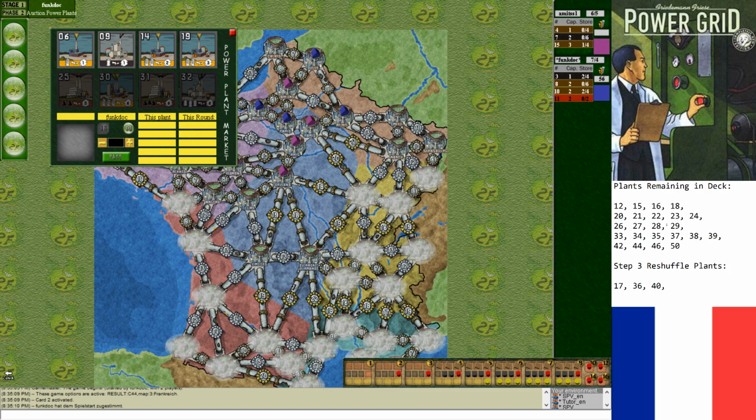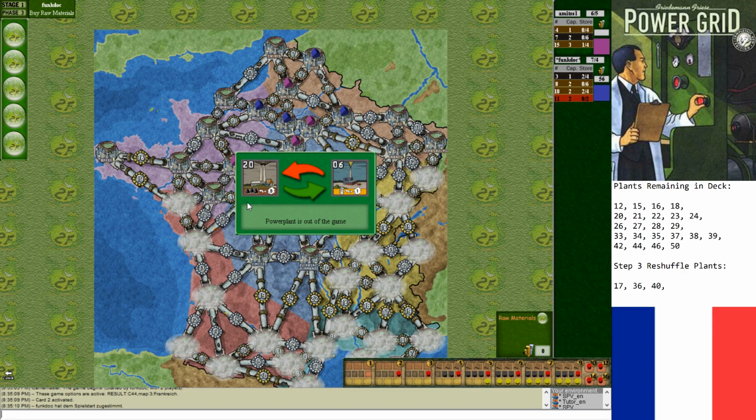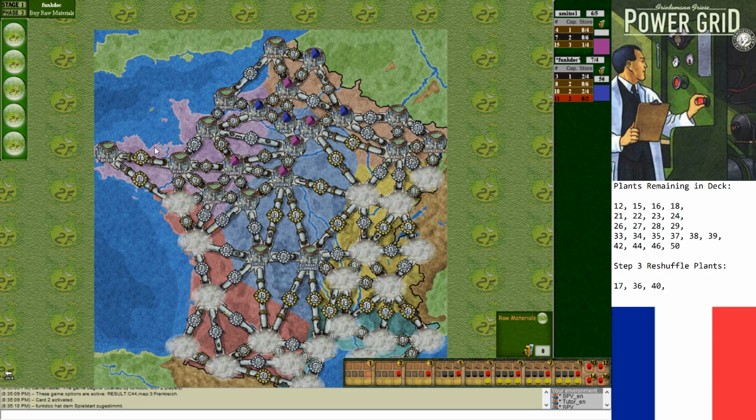25 came. I just missed the plant that went under the deck. It was 42, right? I think it was 42, maybe? 30, 31, 32. And now the 20 comes on. Okay. Oh, this is going to be a really hairy market for coal, so...